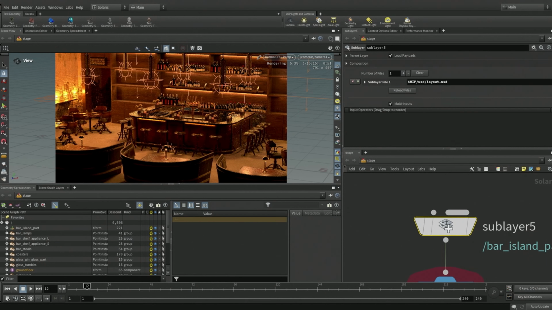This is important because it will allow us to predictively layer one USD file over the other. Similar to how you might layer images in Photoshop.